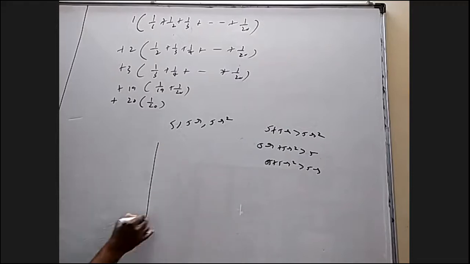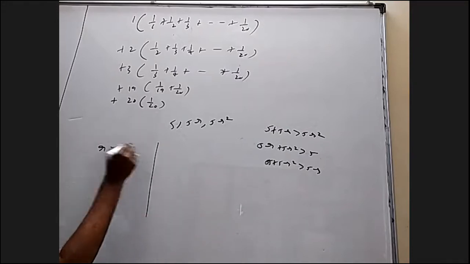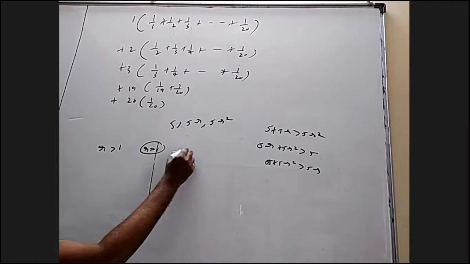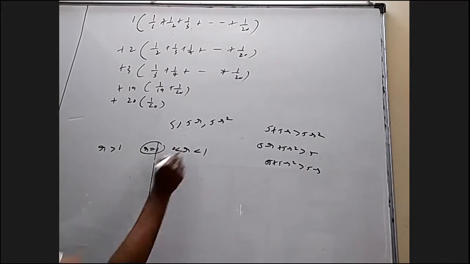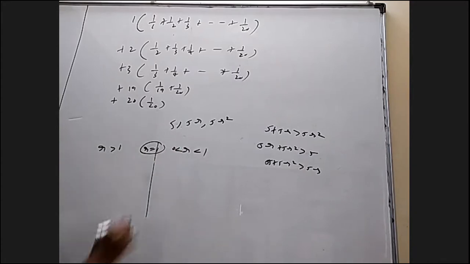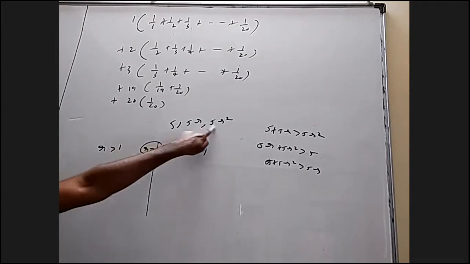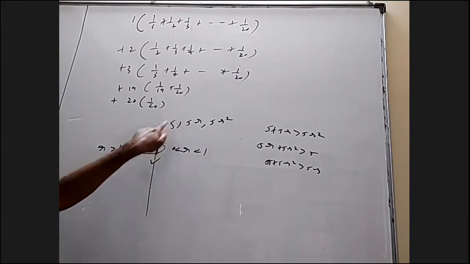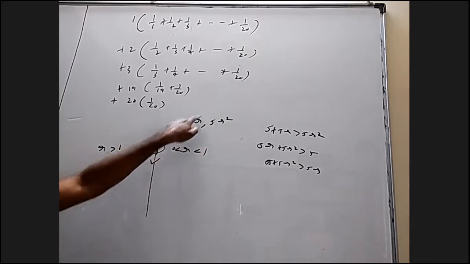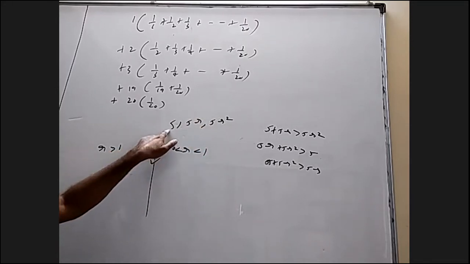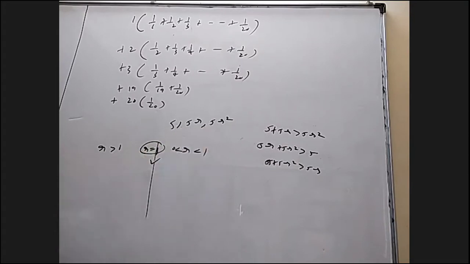Another way is I'll take two cases. r greater than 1, r equal to 1, r less than 1, but positive. r equal to 1 is obviously okay because they form an equilateral triangle. And if r is greater than 1, this is the greatest side. Sum of these two will be greater than this because it's the greatest side. So you have to take only the sum of the least sides to be greater than the greatest side. So 5 plus 5r should be greater than 5r square. I have to check only that, the other two are obvious.